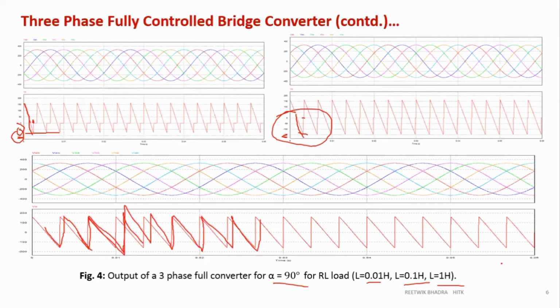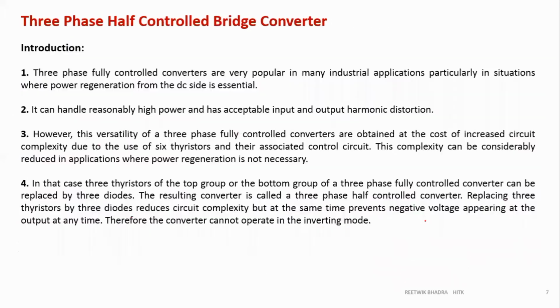No need to worry about what is asked in the question. If it is asked RL load, draw any of the waveform. You don't have to mention the values also. I can understand it clearly, but you should show the negative portion in RL load. If you are also told to compare the waveform of R and RL load, you have to draw this waveform or any waveform. If you are drawing this waveform, what will you draw? RL load only this much. This part 0, then this much. This part 0, then 0, then this part. If you are drawing RL load, instead of 0, you will draw the negative portion. But this is the difference.